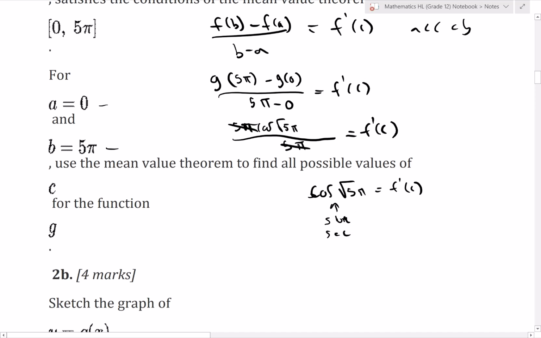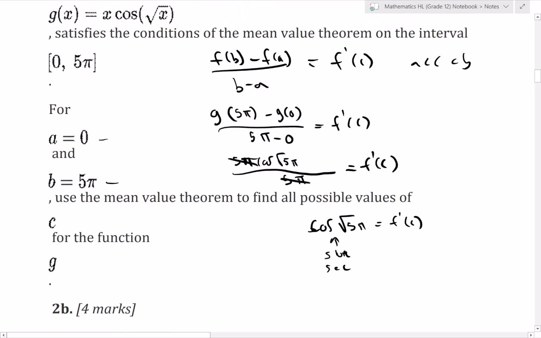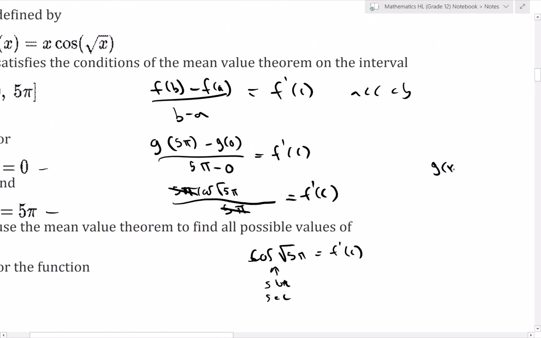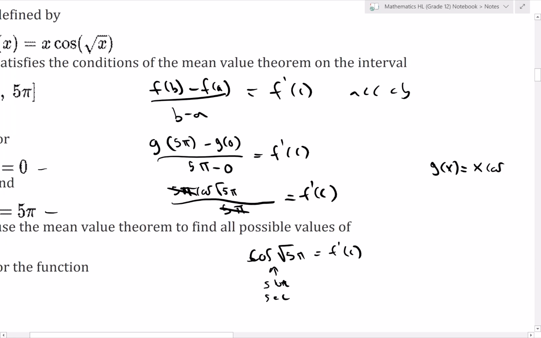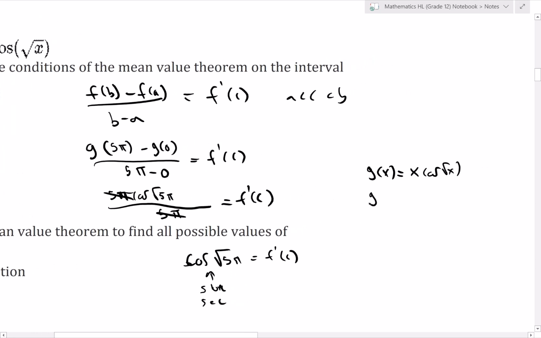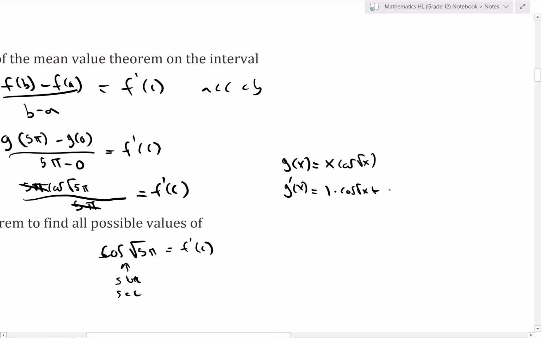In order to find the slope of a tangent line, we need the derivative, right? So let's go back up here. Our function g of x is x cosine square root of x. To find the derivative, we're going to need product rule, which is going to be derivative of the first times the second, plus derivative of the second, which is negative sine square root of x times the derivative. This requires chain rule. Derivative of square root of x is 1 over 2 square root of x, right? And then times the first function. If you simplify this,